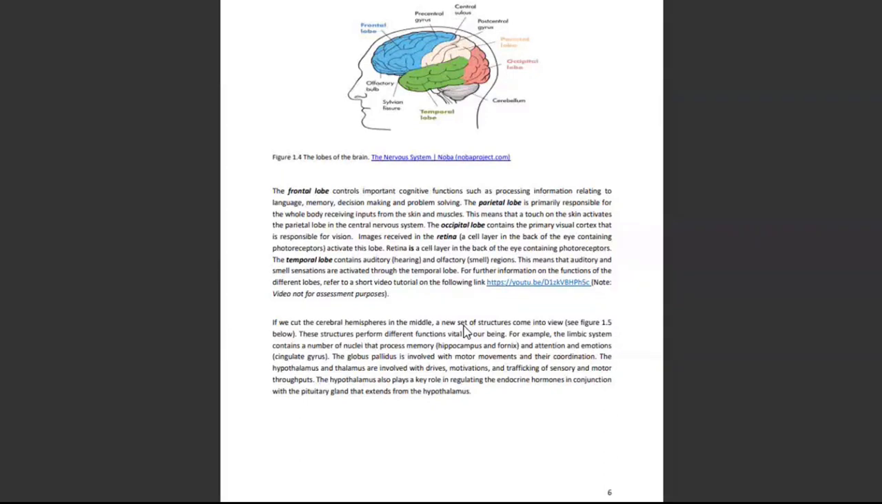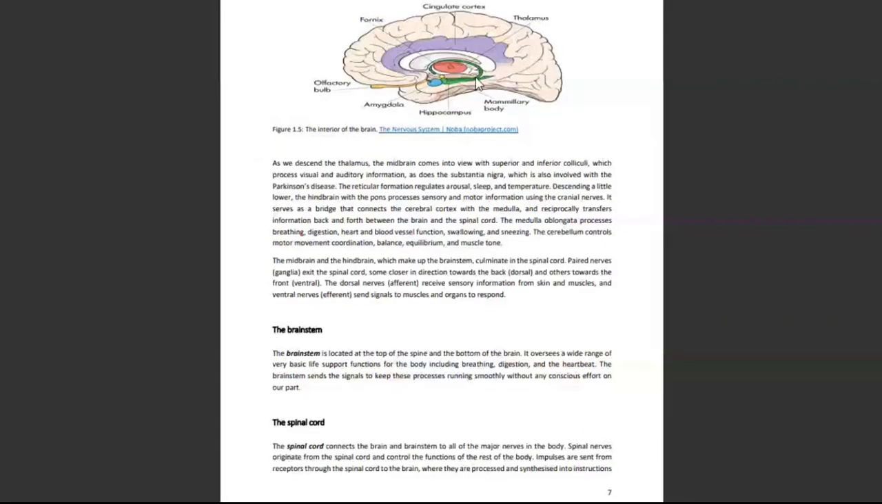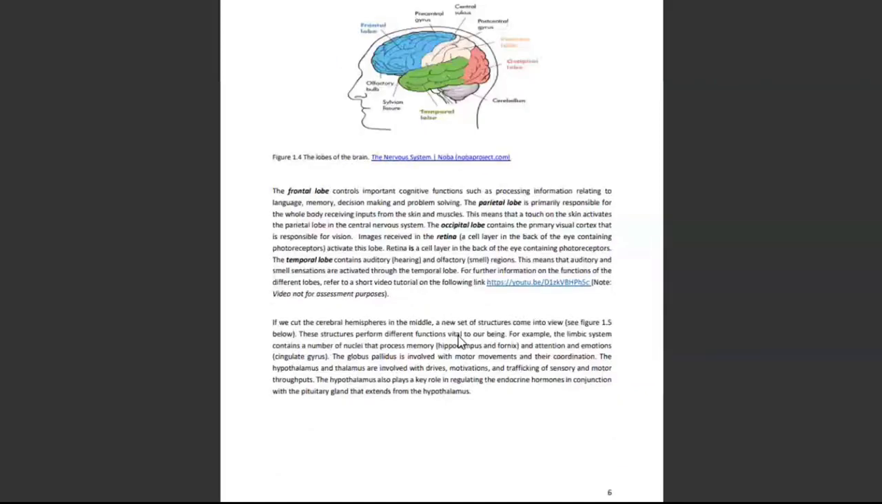That's figure 1.5. Let's check figure 1.5. If you cut our hemisphere into half, this is what you see. Let's go back. This structure performs different functions vital to our being. The brain on its own has its function, but how does the brain function? It does not function independently. There are structures in the brain that make you